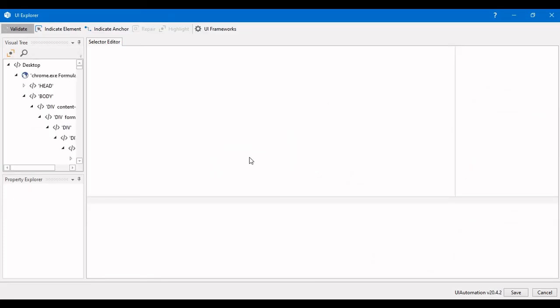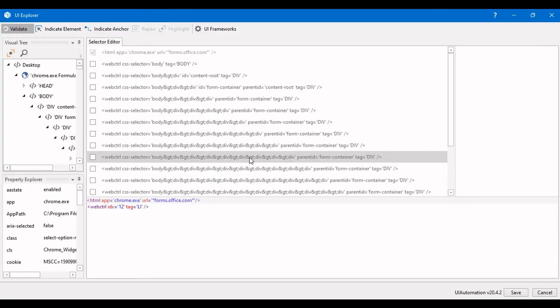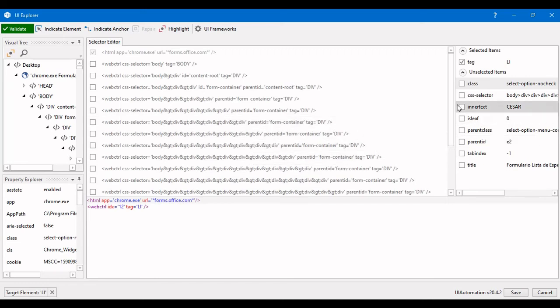Here when I click on inner text, we can see there is a space in between the R and the single quotation there.